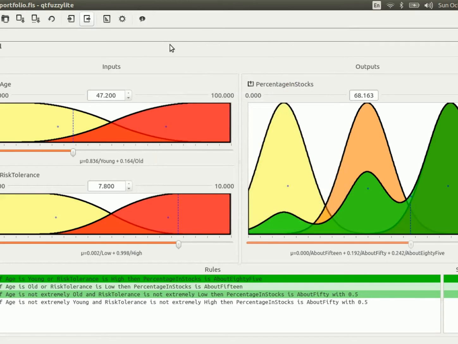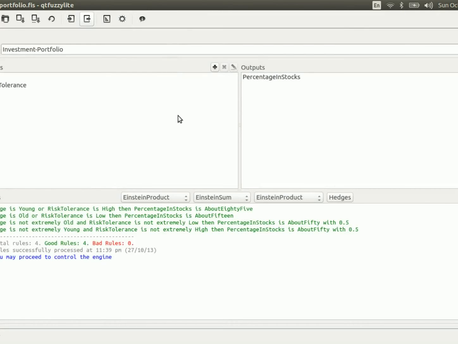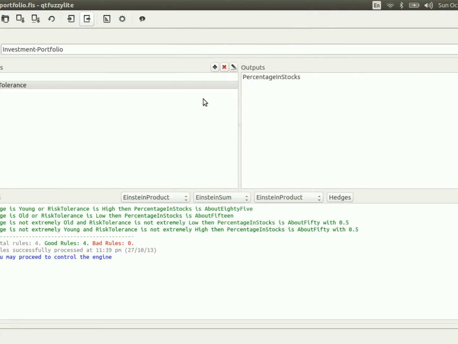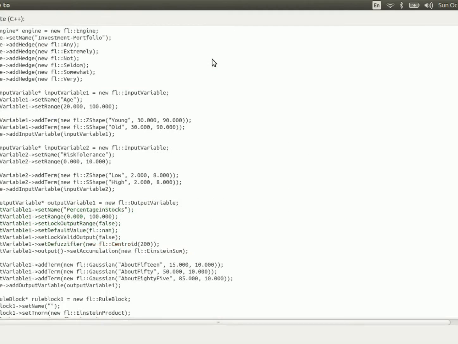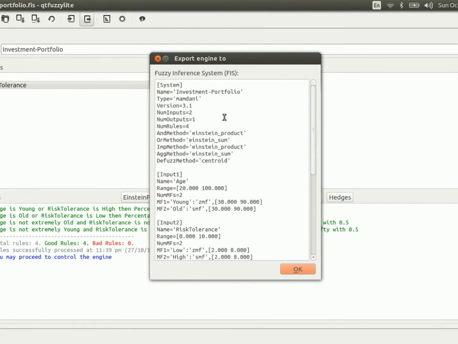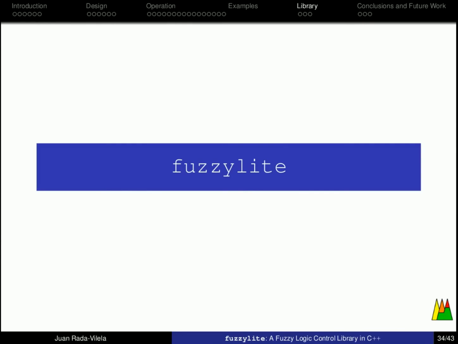Now lastly, I wanted to tell you that you can create your fuzzy logic controllers from scratch using the user interface using Qt Fuzzlight, and you can also export them to C++, to the code in C++ easily, so that shouldn't be a problem. Moreover, you can export it to the fuzzy control language or the fuzzy inference system of MATLAB, and you will get everything there. So, going back to our presentation,